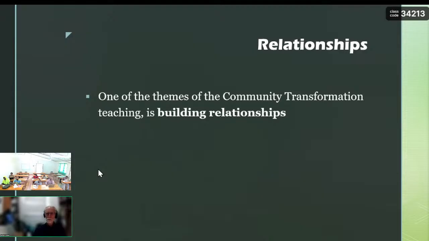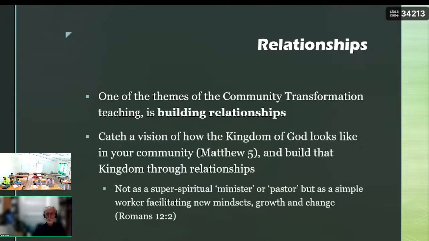So one of the themes, as we said, is building relationships. Essentially, we are catching a vision of how the kingdom of God looks in your community. If the core message of Jesus came through the community, the message of liberation, of care, of building relationships, how would that look? Not as a super spiritual minister or pastor, but as a simple worker facilitating new mindsets, growth,